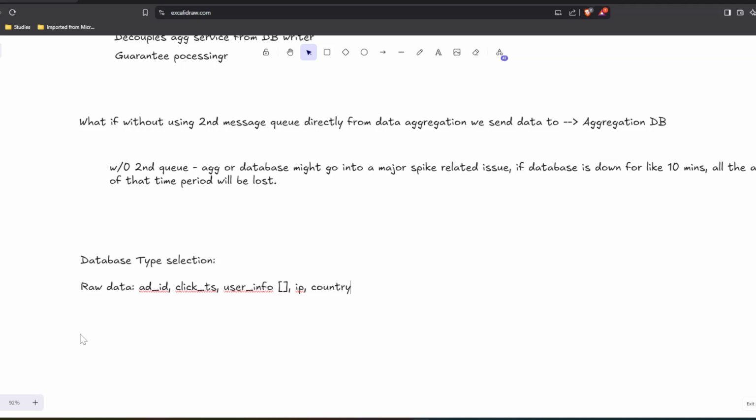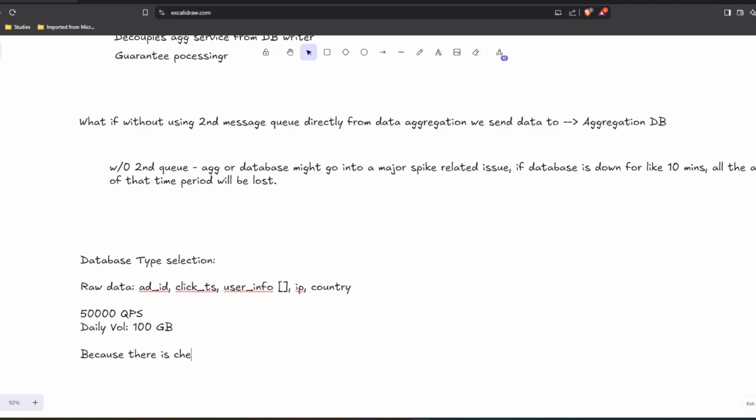Now for a very high volume, suppose 50,000 QPS sort of a high volume, like in every single second probably 50,000 records are incoming. In that case our daily volume is somewhere around 100 GB. And what kind of database is able to handle this kind of load? Of course there are NoSQL databases, but we do not even need any NoSQL database,